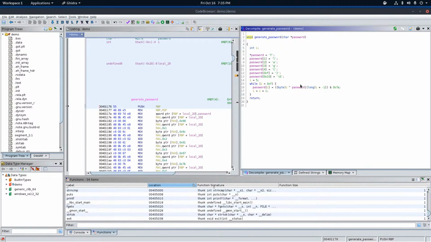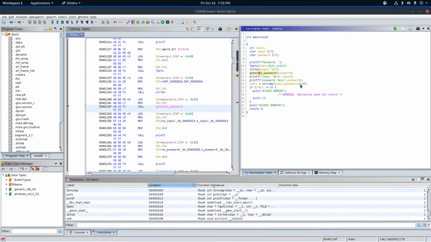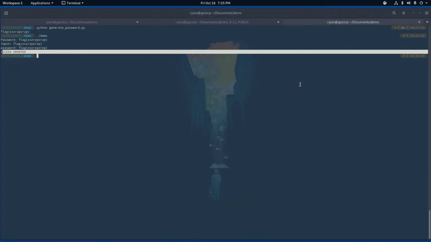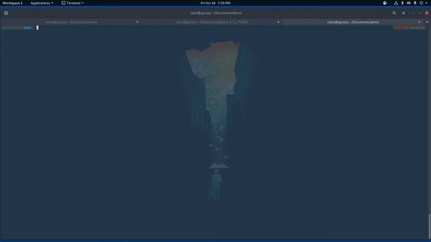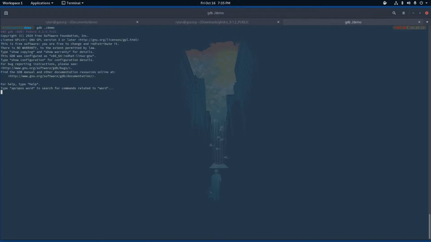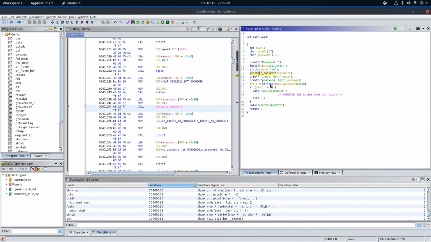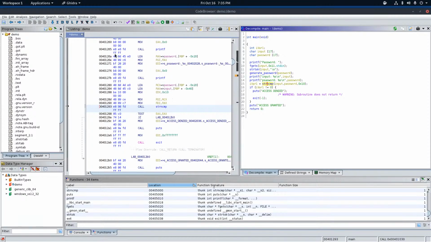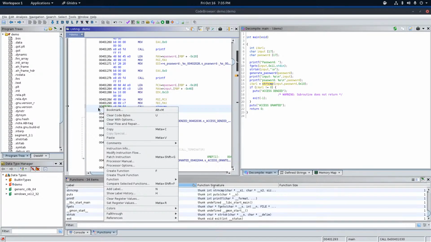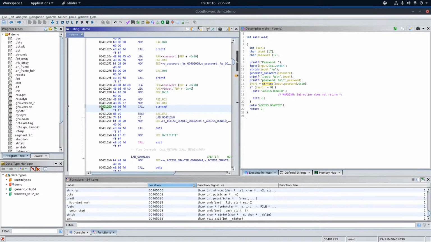Or we can just as easily, or in fact much easier, I would argue, go into GDB, and we can set a breakpoint for that address, which we can extract very easily in Ghidra. Basically I just want to look for where that strncmp function gets called. You can look up that address, and we should probably copy the whole thing. We can copy that over,